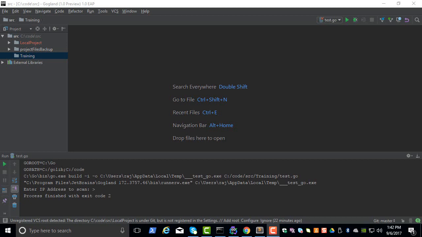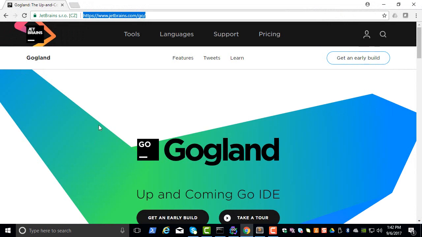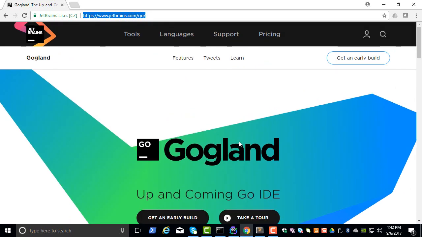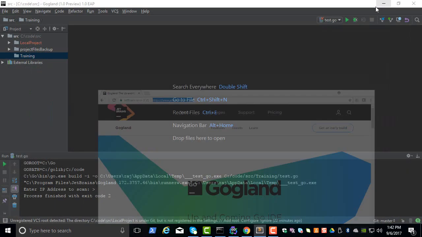So I will be using GoLand by JetBrains as a standard IDE for this series. And at the moment it is free as they haven't released it for production, but everything works good so far. So I think this is a good editor to get started. Let me know if you need any help installing the IDE, but it should be pretty straightforward. Once you download it,